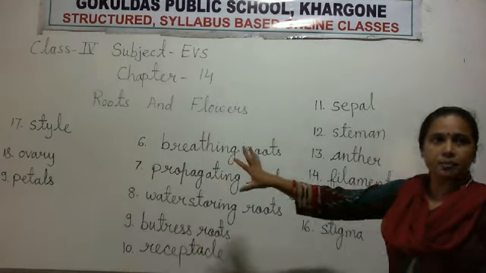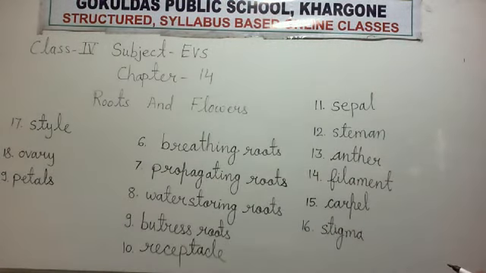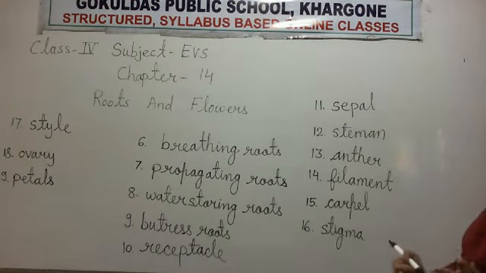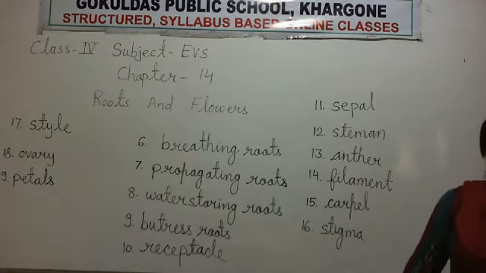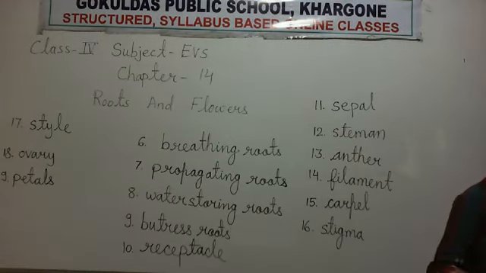These three parts make a carpel. Clear? That is the female part of a flower. Clear? Ovary, what is the function of the ovary? O-V-A-R-Y. Ovary produces ovules or eggs for the new flower or new seeds.